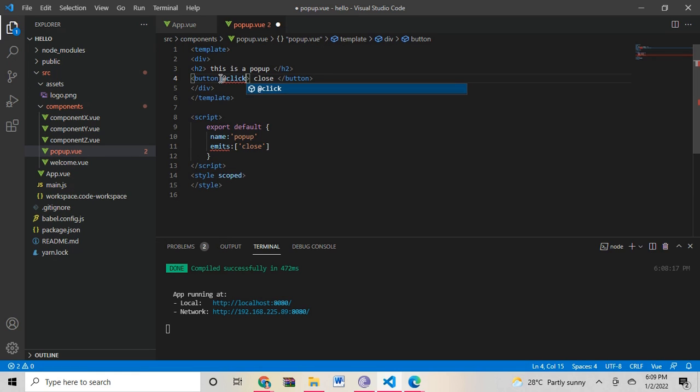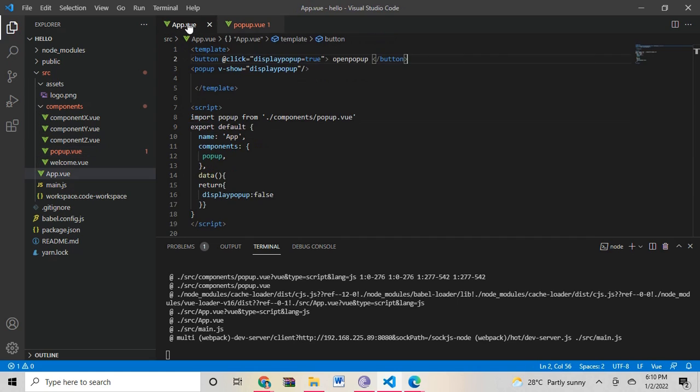So at click equal to dollar emit. This is a special instance variable to emit this event. Now save this and go to the app.vue.